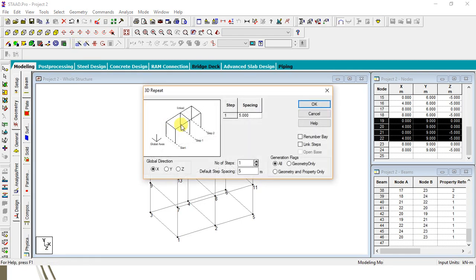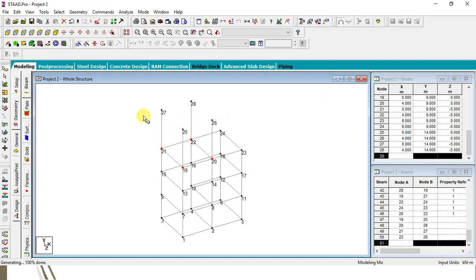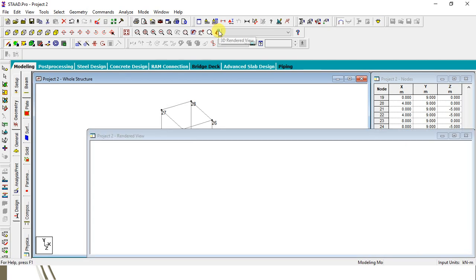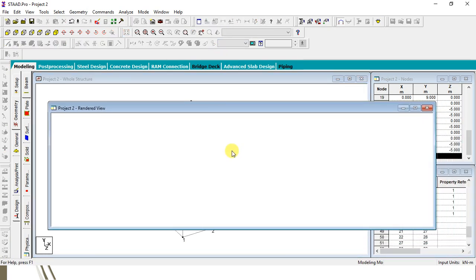Then I'm repeating, translational repeat in y direction of 1 link step. Okay, so those 4 will get repeated over here. Then I'm adding the beams. Right, and now you can check here the 3D rendered view.